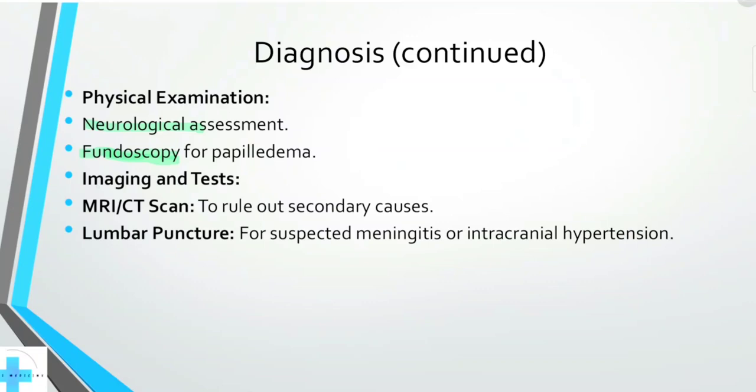Right? Okay, now you can also do some scans like CT and MRI. CT is usually first, so non-contrast CT scans tend to be the first when you're trying to rule out something like subarachnoid hemorrhage, right? Or rule in either way. Lumbar puncture can also be quite helpful when you're looking for something like meningitis or an increase in intracranial pressure, right? So if it's something like pseudotumor cerebri, so intracranial hypertension, that kind of thing, by even doing the lumbar puncture, you could